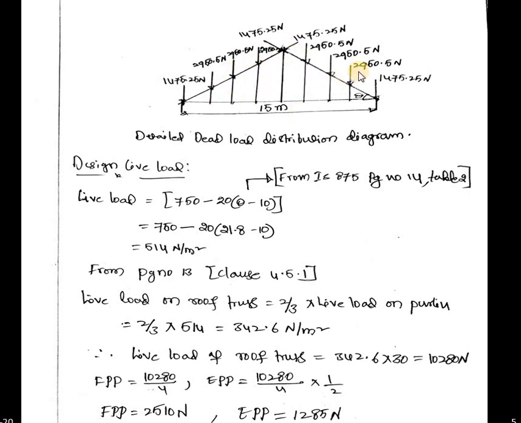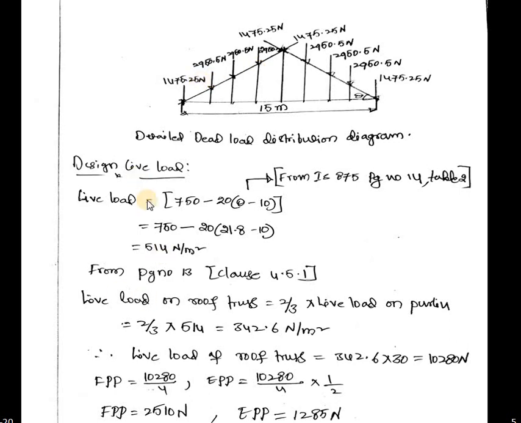I hope everyone is clear about how to calculate dead load, right? Now if he is expecting design of these members, then you can design easily. Consider it as a compression member, some load is acting, length is available. Based on this slope you can calculate length, and you can find the height. Then based on the compression member design procedure, you can find these details.